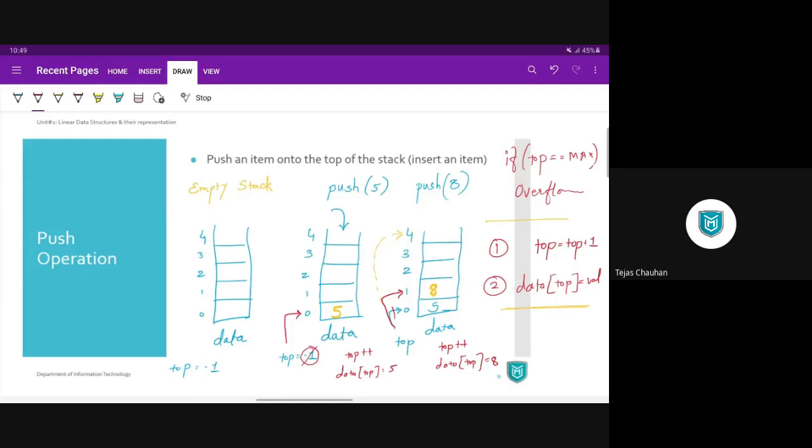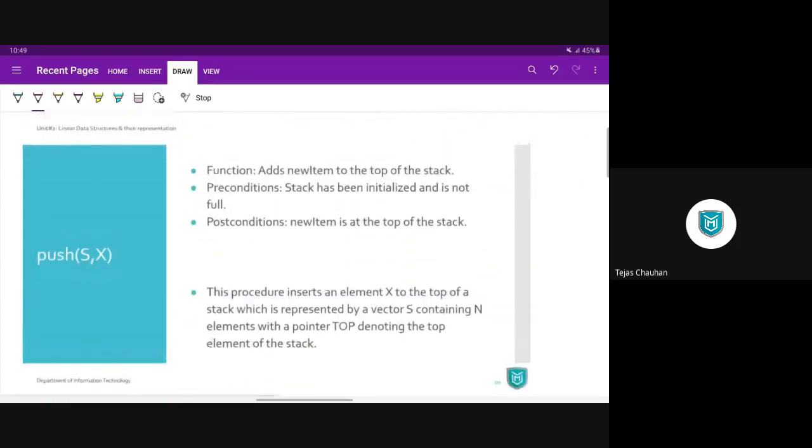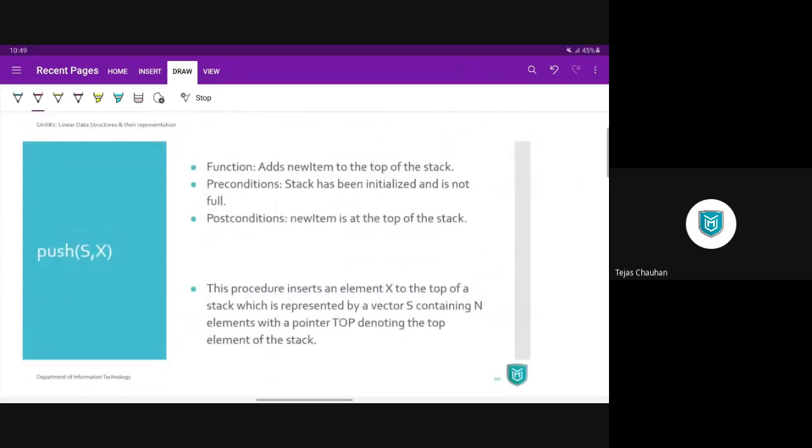Fine. So that was the push operation. Let's go through the process and the algorithm also. If we want to create this push operation, then in our program, we need to write a push function. It's nothing but a function which is going to add a new item to your stack at the top position.